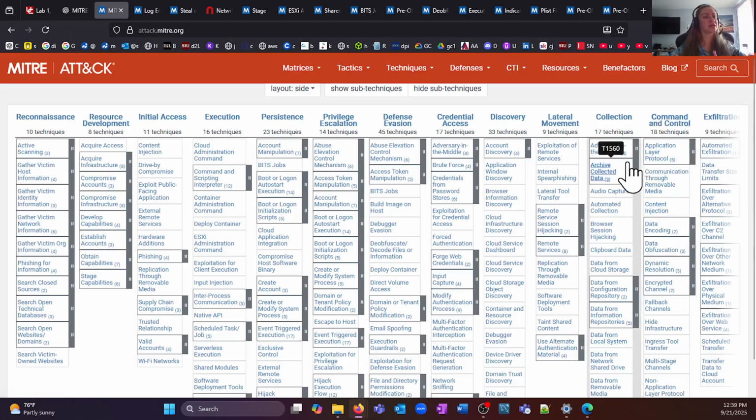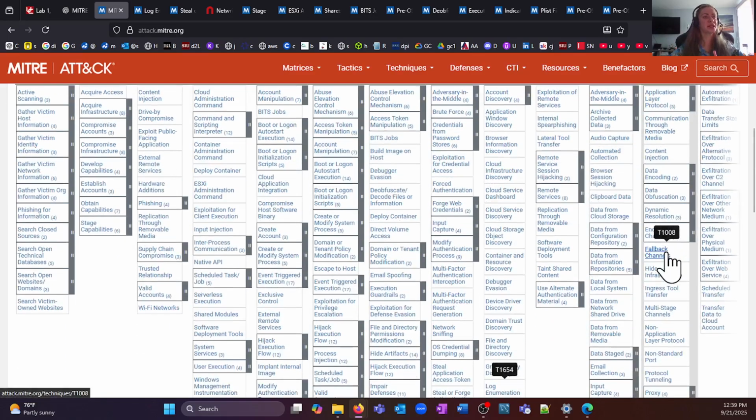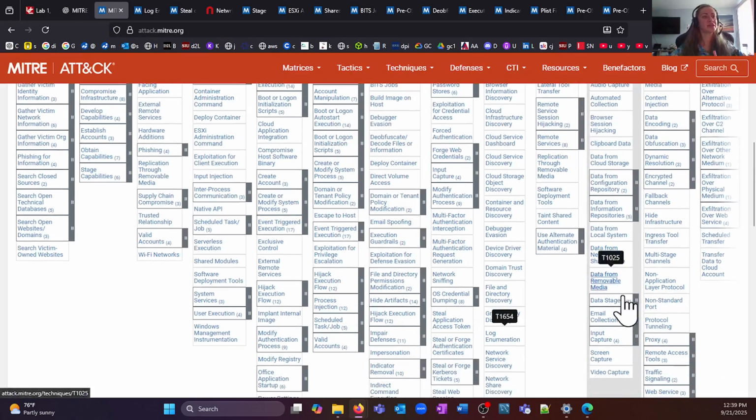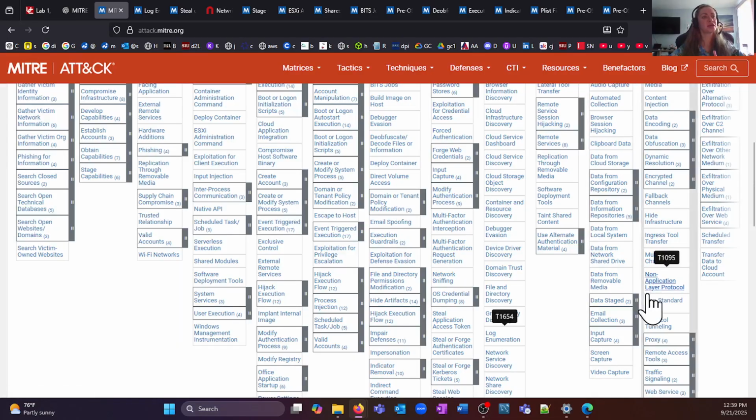Collection: adversary in the middle again, archive collected data, audio capture, automated collection, browser session hijacking, clipboard data, data from cloud storage, data from configuration repository, data from information repositories, data from local system, data from network shared drive, data from removable media, data staged, email